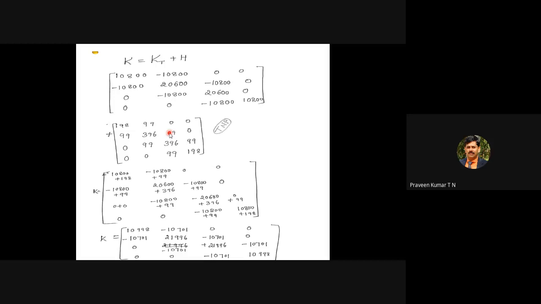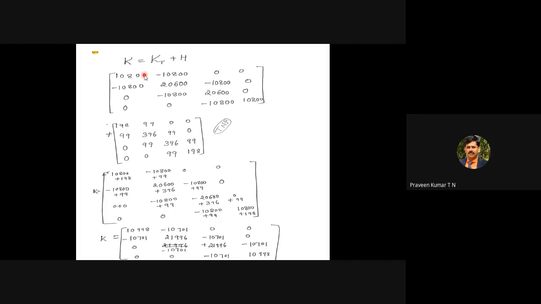because when you come to the fin, within the solid material of the fin the heat is transferred by conduction, hence you consider the conduction matrix. And from the surface of the fin to the surrounding medium, heat is transferred by convection. Hence you have to consider one more matrix, the H matrix or convective heat transfer matrix. You have to add those two. It is simple matrix addition. If you consider the first term, we have 10800. You studied matrix addition. It is not like K equals K1, K2, K3.